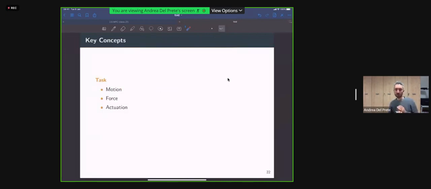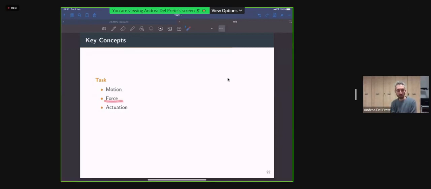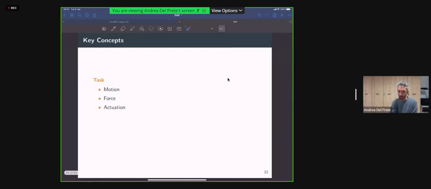So let's go into the core of TSID, and let me describe how TSID has been designed. The key concept inside TSID is the concept of task, which is something that you would like the robot to do for you. And a task can be a motion task if it is expressed as a function of the accelerations, a force task if it is expressed as a function of the contact forces, or an actuation task if you express it as a function of the joint torques of the robot.